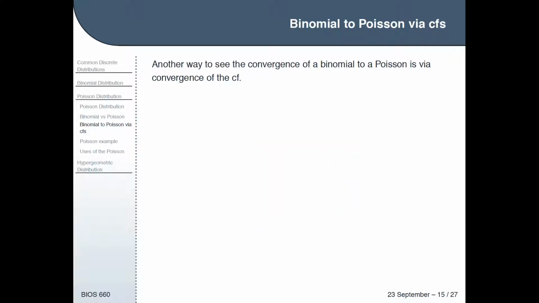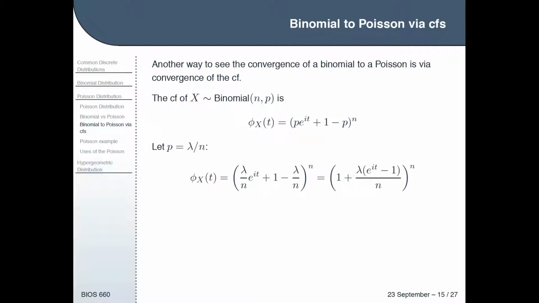And just as an example of a type of argument that will prove to be useful later in this class, another way that you can prove the convergence of the binomial to the Poisson is via the convergence of the characteristic function. As you'll recall from a couple weeks ago, the characteristic function of the binomial distribution is p times e to the it plus 1 minus p to the nth power. So again, we let p equals lambda over n